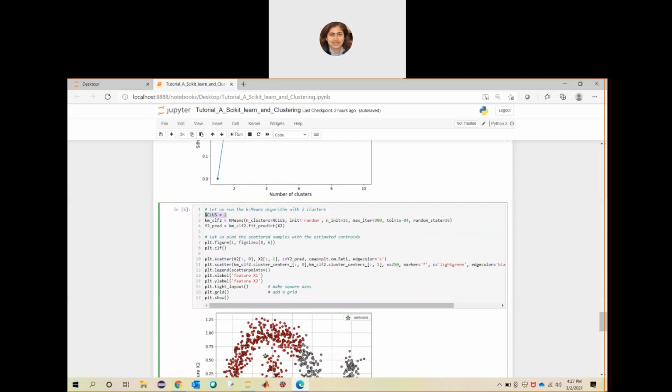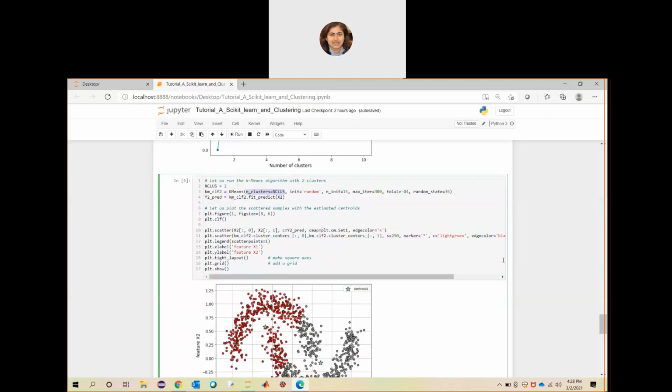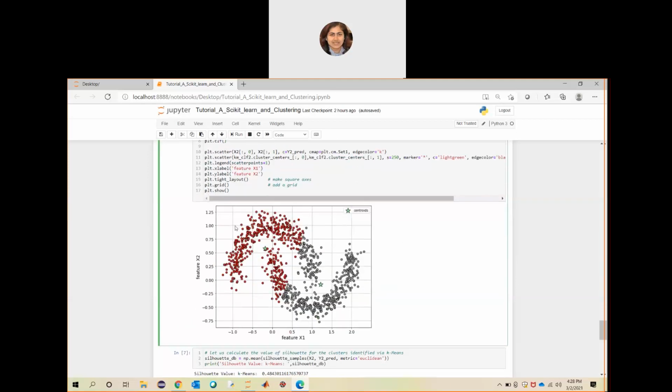Just define the cluster as 2 and take that as a parameter in k-means, and it will now make the clustering in this way with the centroids. But it is not efficient as well. Here some points are merging with each other, and from here you cannot say clearly which point belongs to which cluster.